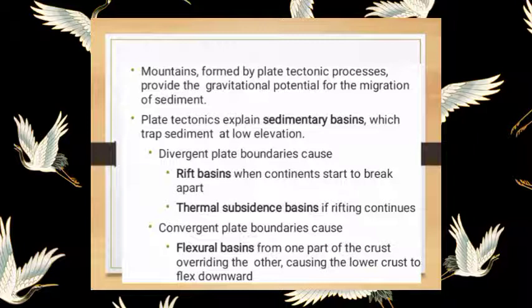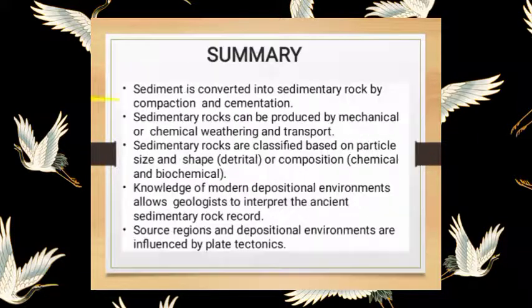Divergent plate boundaries cause rift basins when continents start to break apart, and the second is thermal subsidence basins if rifting continues. Convergent plate boundaries cause flexural basins, where one part of the crust overrides the other, causing the lower crust to flex downward. So here is the summary of my topic: sediment is converted into sedimentary rock